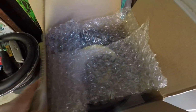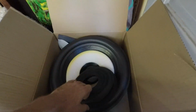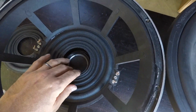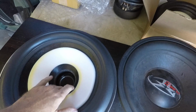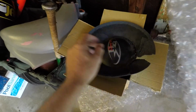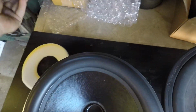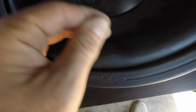I ordered the cone and the spiders from Springfield Speaker Repair. So I got my spiders, basically. Spider goes on that landing there, fits perfect, gonna be awesome. And then I got my cone, walla walla bing bang. And then what we will do is peel that dust cap off there, and voila, rebuilt sub. The only difference I see is this is foam, this is more of a rubber material. It's a strong rubber material,